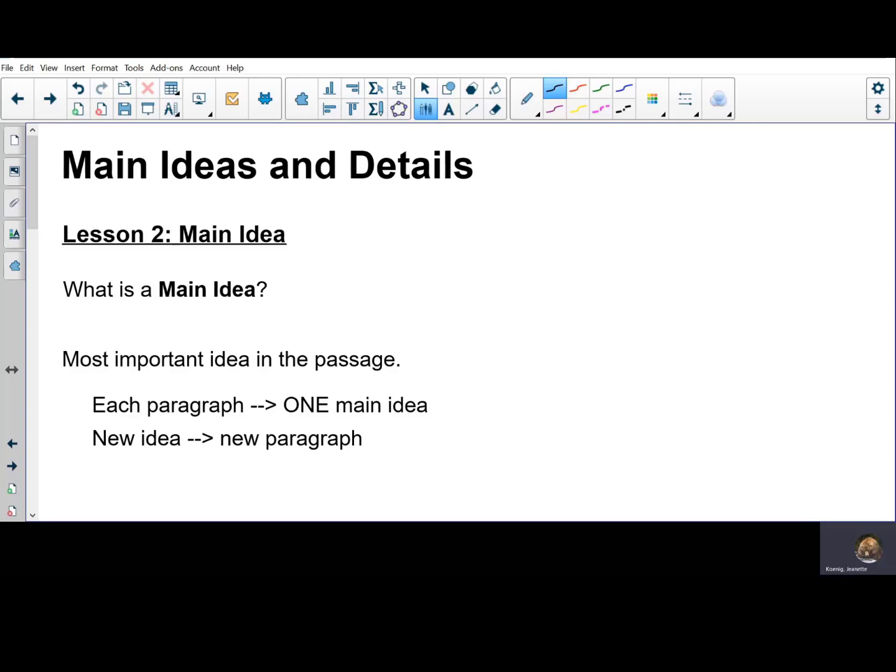Well, you just said that details tell me who, what, where, when, or why, so I'm guessing a main idea doesn't do that. Well, more precisely, it's what you get when you put all those things together. It's usually the common thread among all those details. It's the big picture. Does it bring all those details together in one? That's exactly what it does, it brings all those details together in one unifying idea. It is the most important idea in the passage that you are reading or writing. Most of this lesson will be focusing on the main idea in a paragraph.